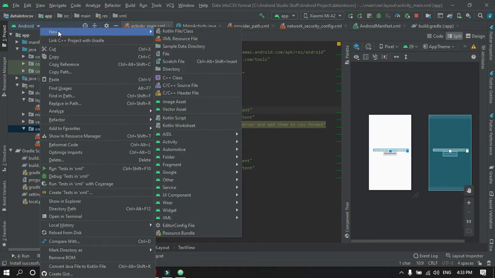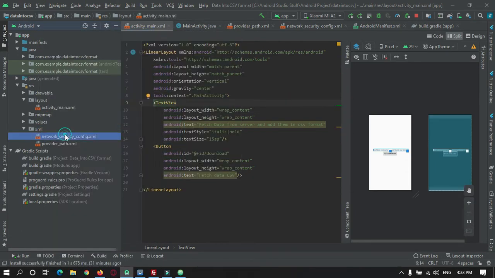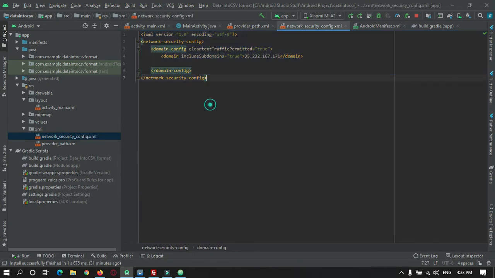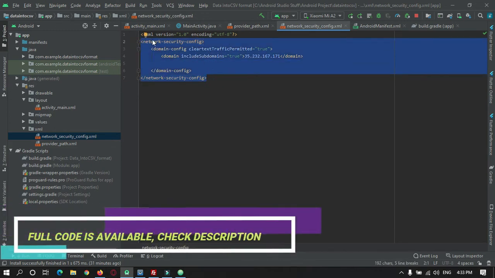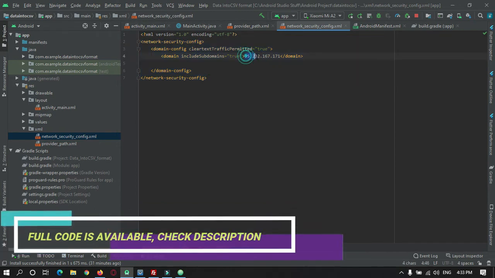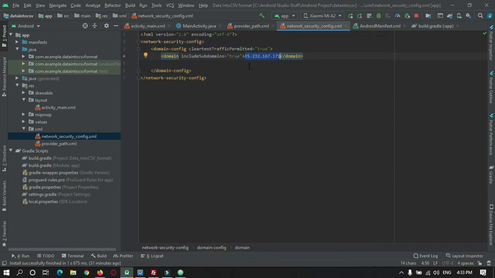To do that, right click, new, and XML resources. In the network configuration, I have given the network we are going to use. This is my IP address from where we are going to fetch data, because from Android 7 onwards, network configuration must be made to make any network calls or exchange any data.